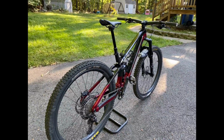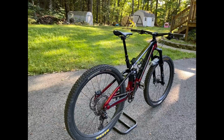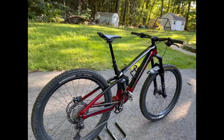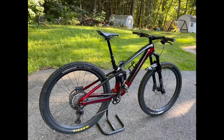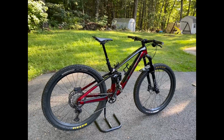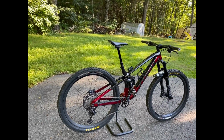I waited quite a long time for this. I ordered it in about October and I got it in April. So I waited like over 6 months for it. I'm glad I did. I love this bike. If I had to choose this bike or my Slash, which I'll have a bike check video on that too,